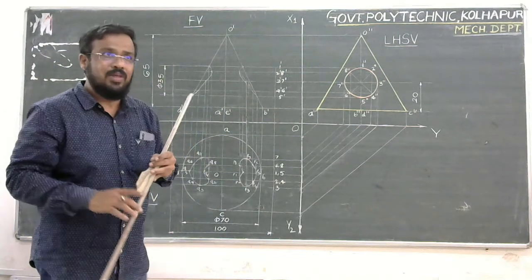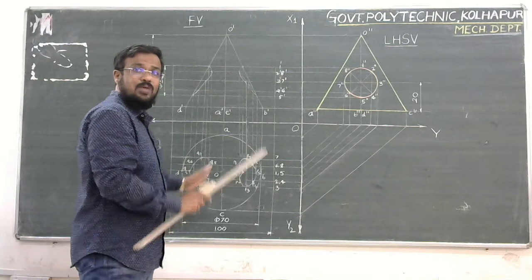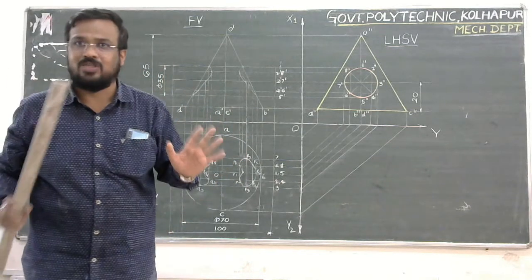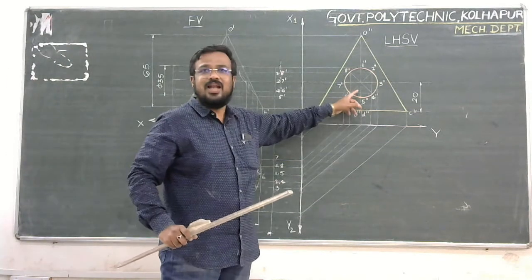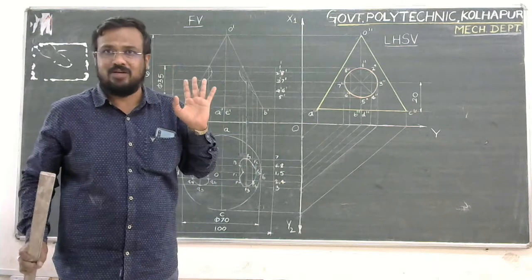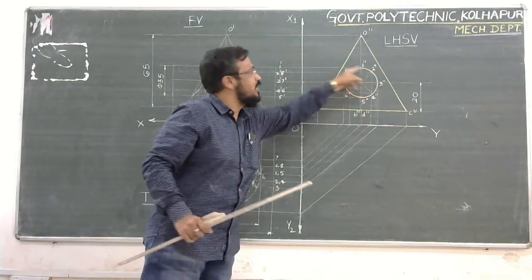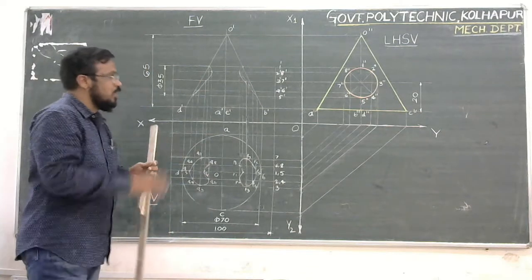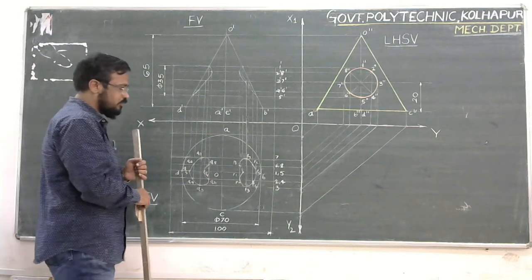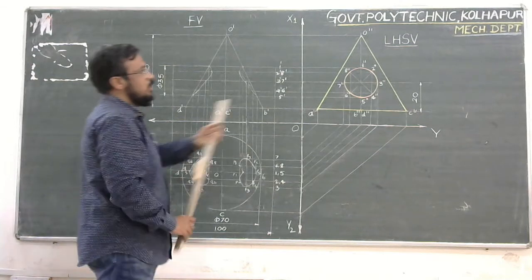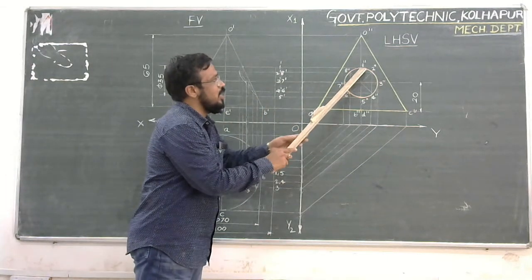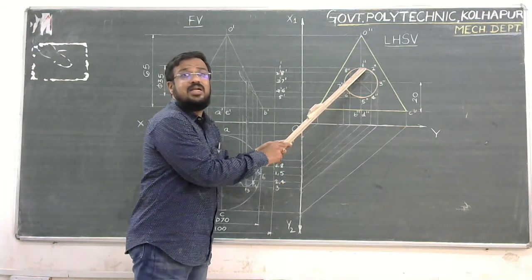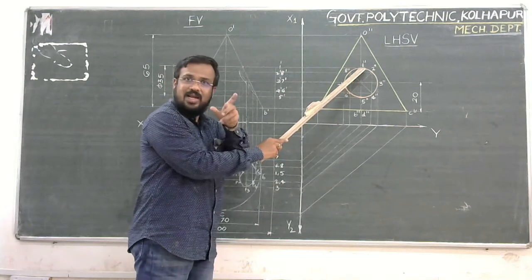In the cutting plane method, there is no need to divide the cone into equal parts. You just divide the cylinder into equal parts. So we have divided only the cylindrical portion into equal parts. Okay. See, now the thing here is that if you consider this one double dash point, it is an intersecting point between the cylinder and the cone.